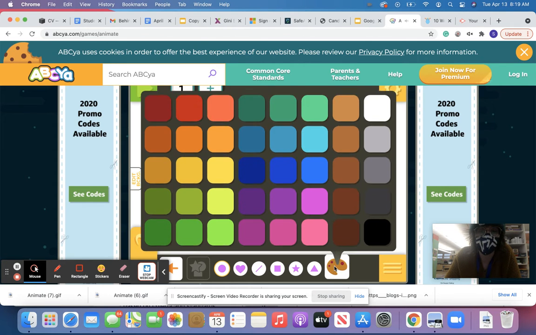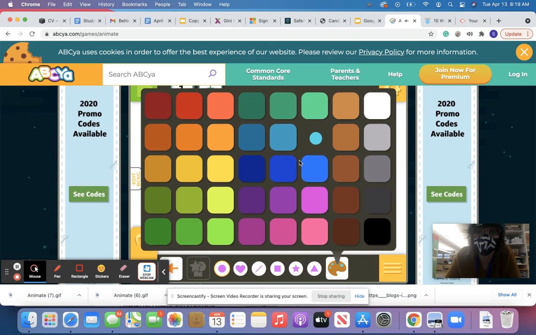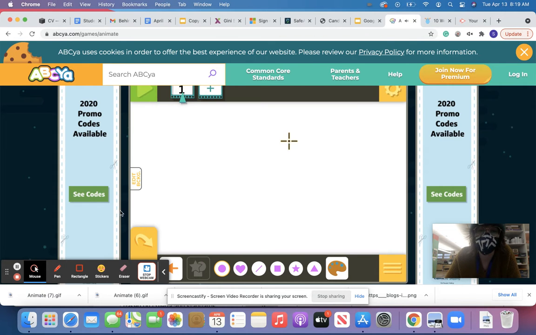I'm going to change the color to this bright blue. Actually, maybe something a little bit darker. We'll do that. All right, and now the first thing I'm going to do is set my